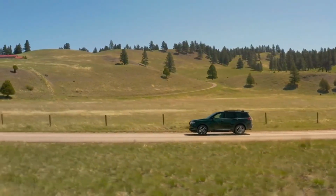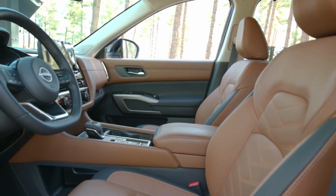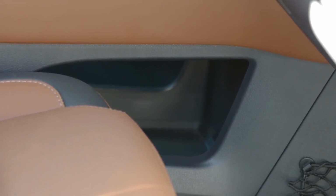With the all-new 2022 Pathfinder, we've added a lot of interior flexibility and seating flexibility options. We started with giving the entire car 10 more cubic feet of space. But what does that really mean? Well, if you're here, it means that you've now got this under console storage that allows you to put anything from a camera bag to a diaper bag or wet wipes to Kleenex there, so they're easy to access and